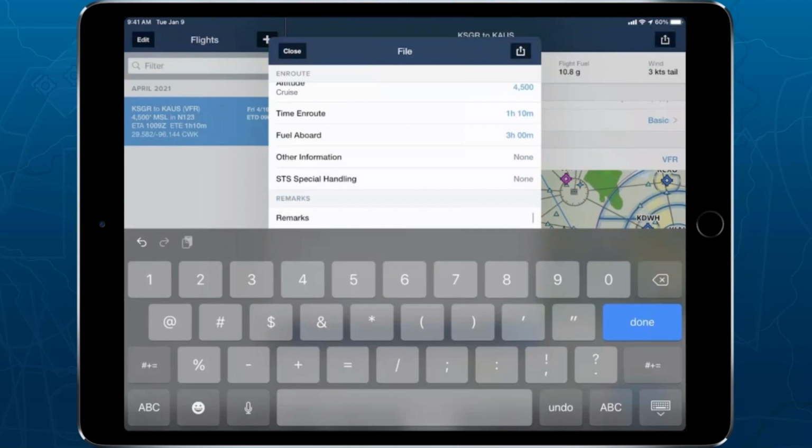Okay, so here's one question. This one came in really early, and it's about a multi-leg flight plan. We get this a lot, especially from student pilots who are going on their long cross country, and they're going to land at one airport, and then they've got to land at another one. They've got to do their 150-mile long cross country. The ForeFlight engine is set up to calculate between a departure and a destination. So if you're going to be doing multi-legs, just create each leg individually, and then ForeFlight will calculate everything